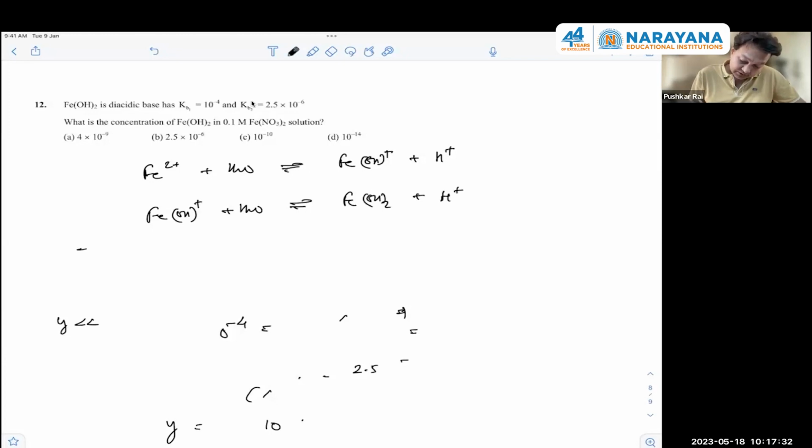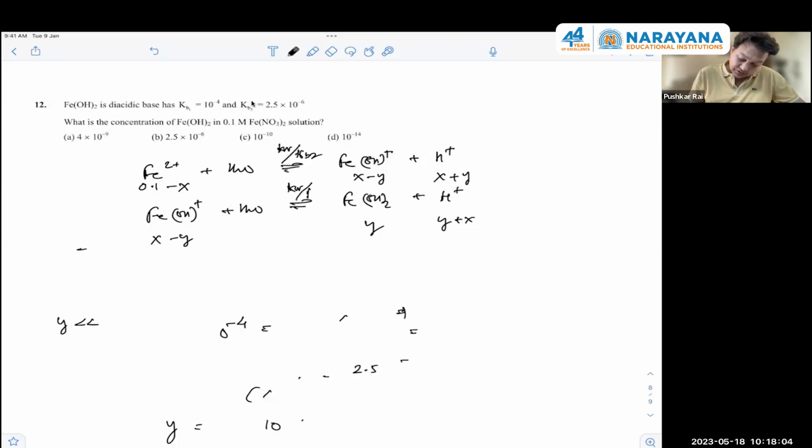Fe2 plus take 0.1 minus x and x, and this is x minus y, y and y plus x plus y, x minus y. The equilibrium constant of this is equal to Fe2 plus. Hydrolysis of Fe2 plus is taking place. So FeOH is breaking into this Kb2. This is Kw upon Kb2. And this is